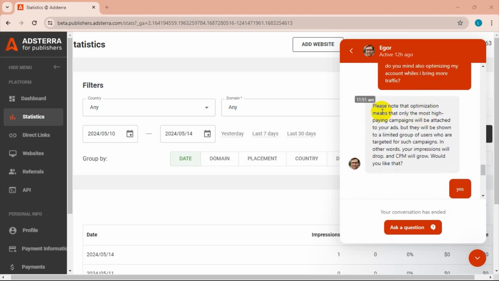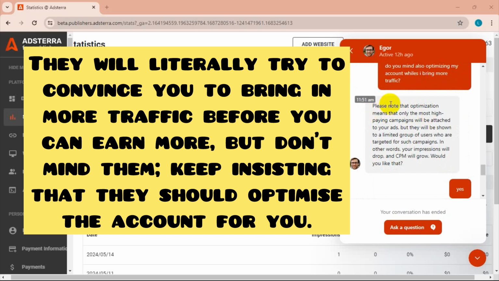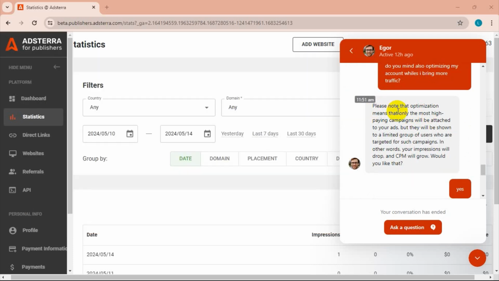So they told me this: please know that optimization means that only the most high paying campaigns will be attached to your ads, but they will be shown to a limited group of users who are targeted for such campaigns. In other words, your impressions will drop and CPM will grow. Would you like that?